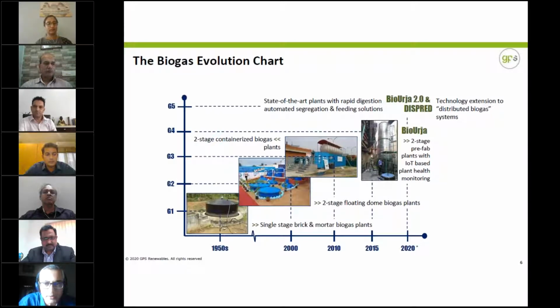Most people who have thought about or interacted with biogas as a technology would probably have in their mind something which is shown at the left bottom extreme. This is the conventional legacy biogas plant, and this has over decades improved in terms of aesthetics, material of construction, a lot of things. But what hasn't changed are a couple of things related to the reliability, the productivity, and the usage of biogas in the urban sphere, which is what Bio-Urja has done through its prefabricated, online monitored device, which we call Generation 4.